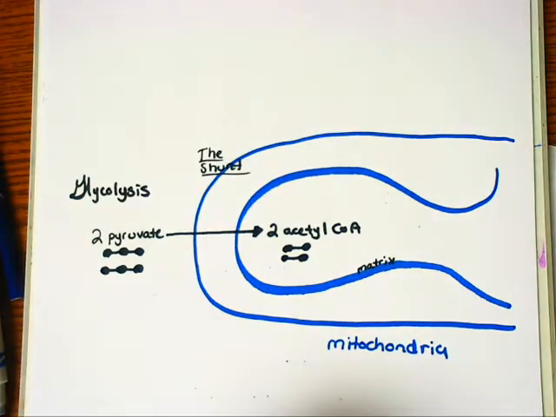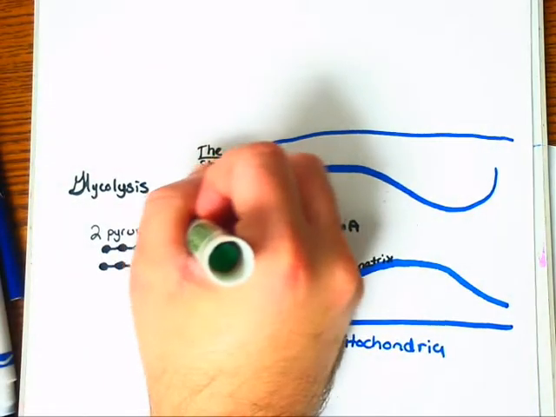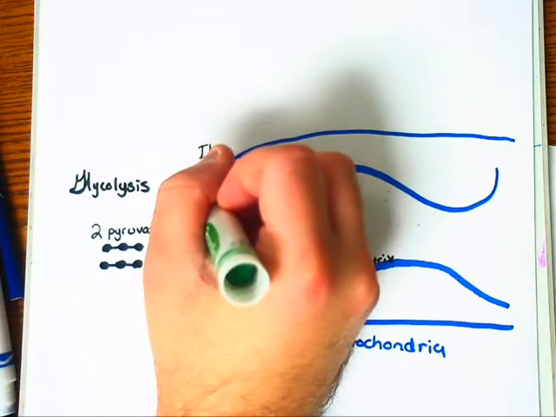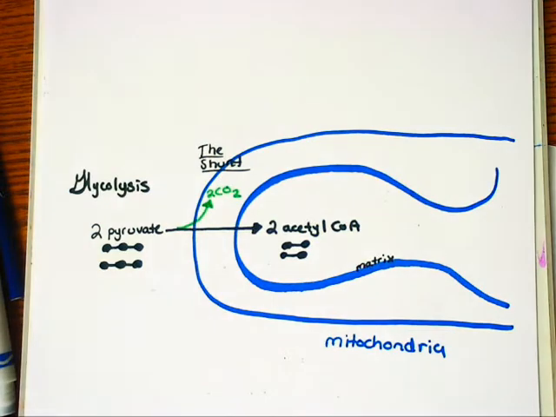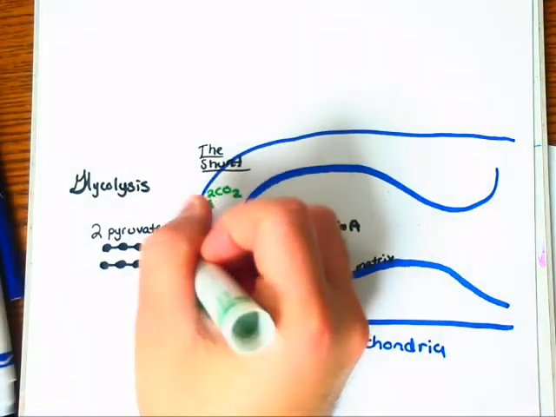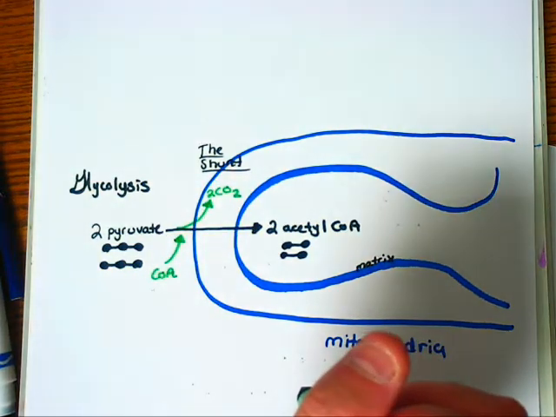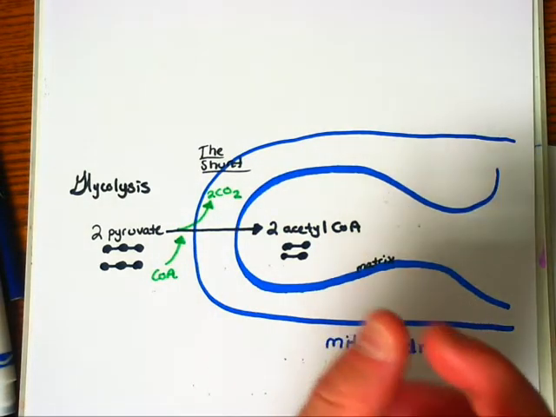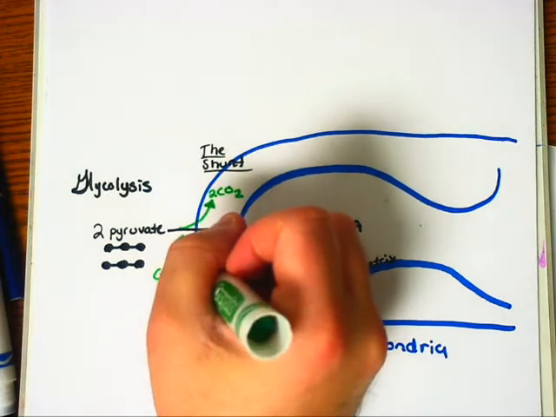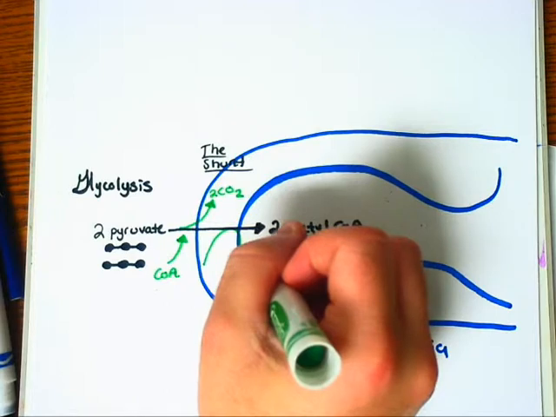How about the other 2 carbons? Good question. Where are the other 2 carbons going? They're one of 3 things that are happening in this process. The first thing that's happening is you're releasing the 2 carbon dioxides. You're also having to add into it the coenzyme A. See how it's 2 pyruvates and there's the coenzyme A? It's like an additional little molecular piece. And then lastly, I make 2 NADHs